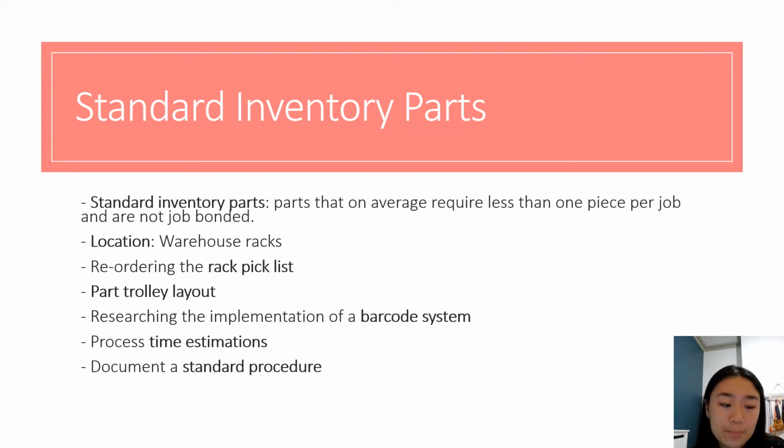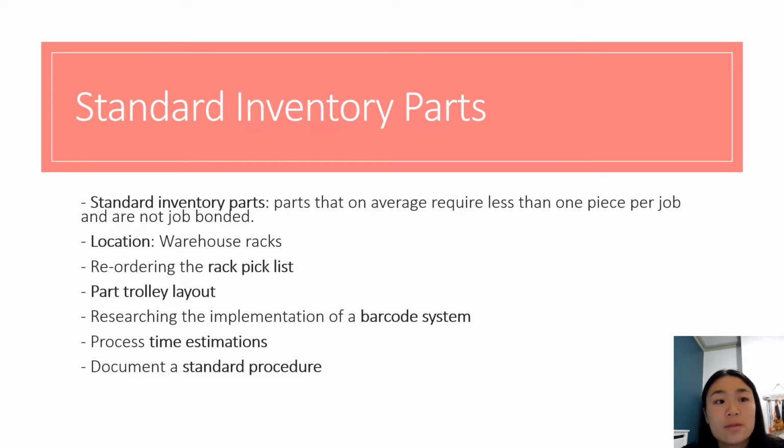So initially the pick list wasn't in alphabetical order, so it was super inefficient when it came to picking up these parts. So we looked into putting it into chronological order. The second was the part trolley layout, providing options of how to reorganize that so it was also more efficient for the operators when they went to go find the parts. Also looked into the benefits of implementing a barcode system,